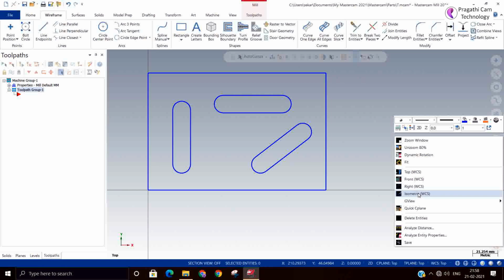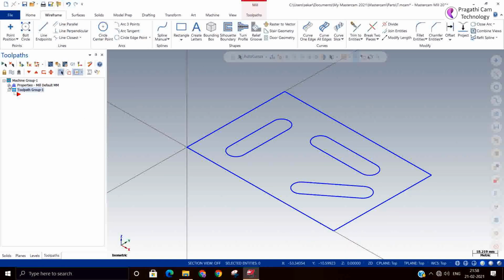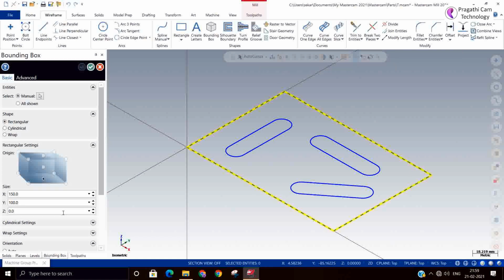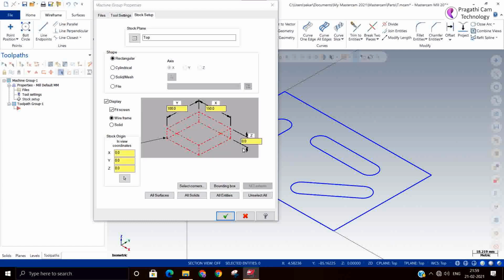So now we'll make one stock definition here. Stock setup. You can say bounding box. Otherwise, you can select the entity also. You can give the thickness here. So 25 mm.